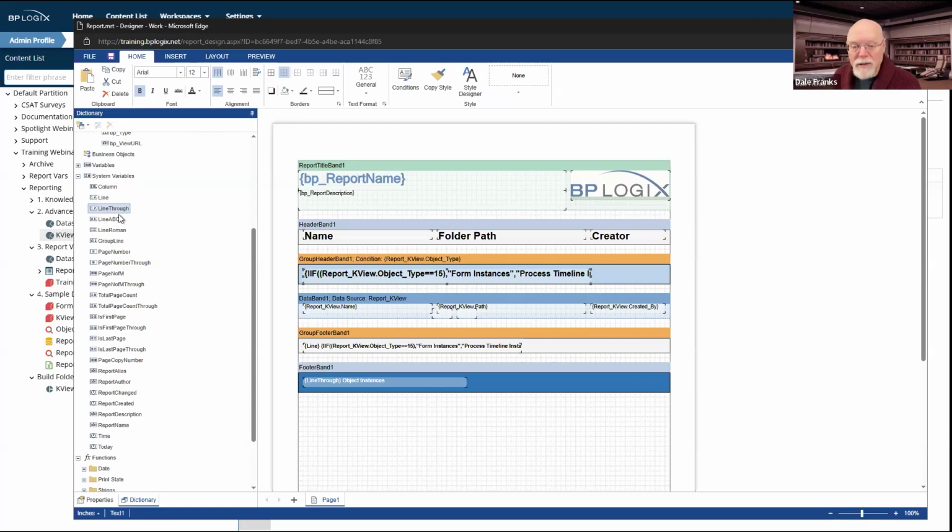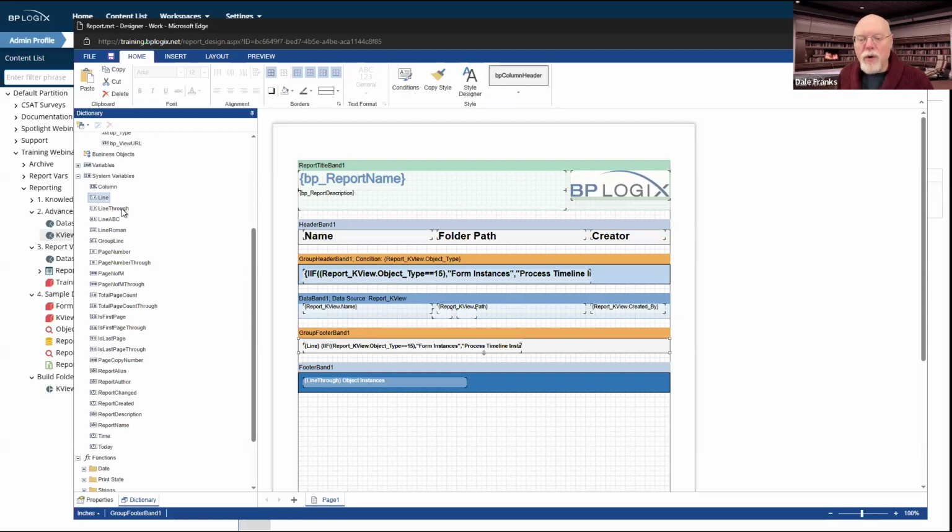The difference is that if I have a group header and I throw in a group footer, when my data is grouped, the line system variable will reset itself automatically to 0 every time I hit a new group.